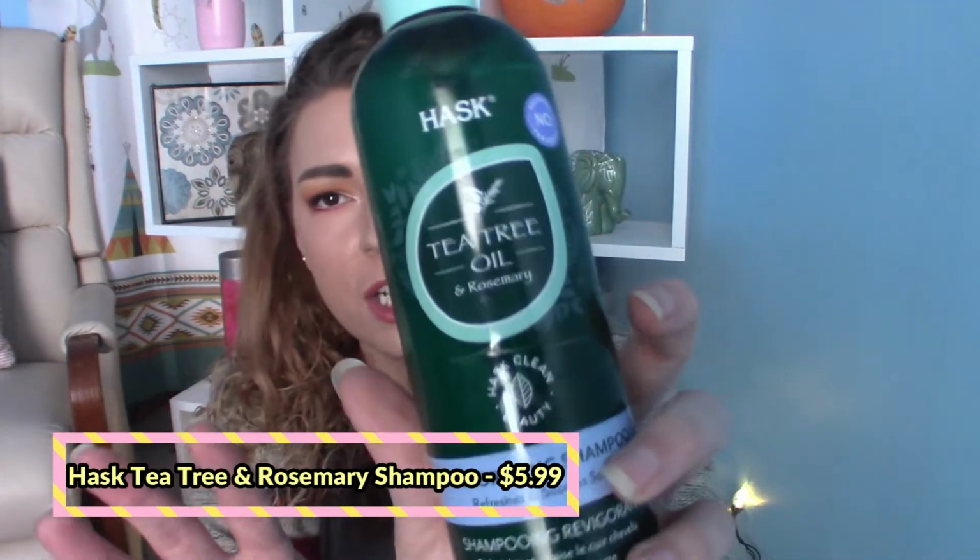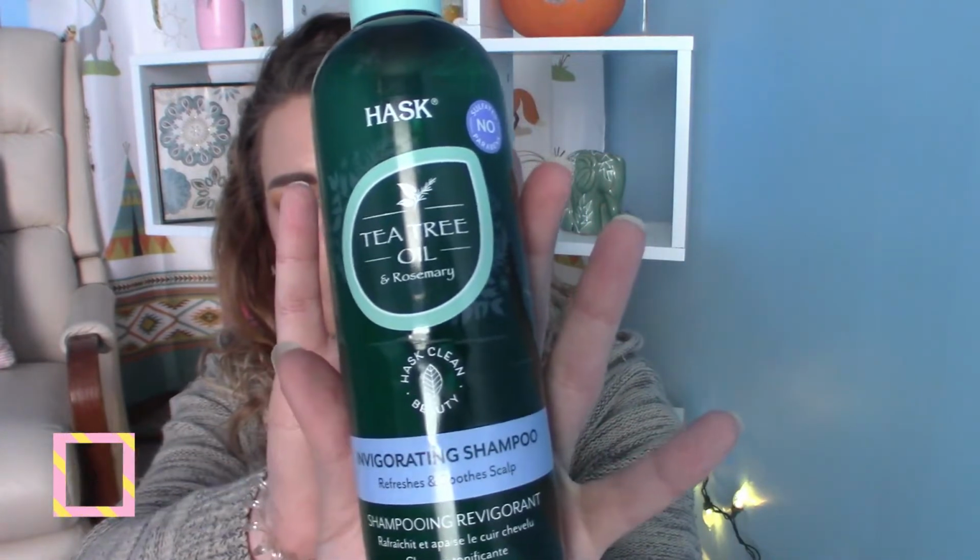So on that same vein with MISC, this is their invigorating shampoo. It's got tea tree and rosemary in it. And I love, so I don't get dandruff, but I get a dry, itchy scalp. So I need a scalp scrub. So that's why I got this, because I thought, while this doesn't have any scrubby bits to it,